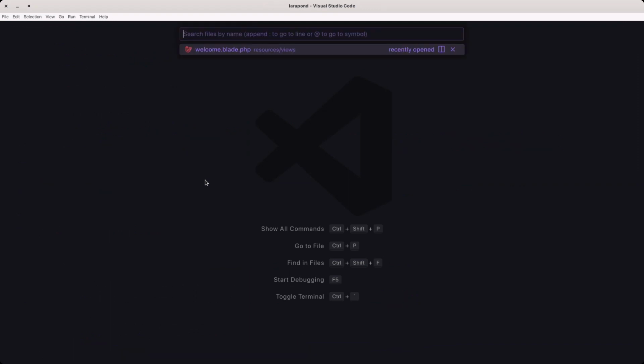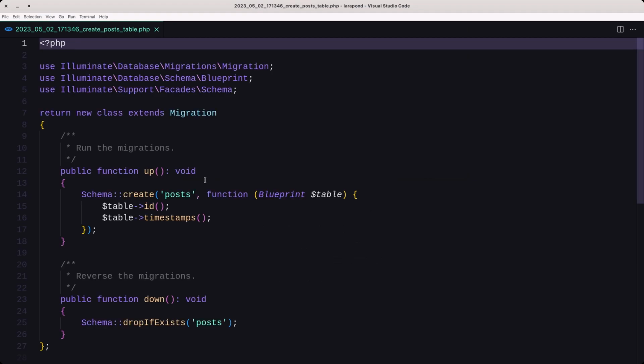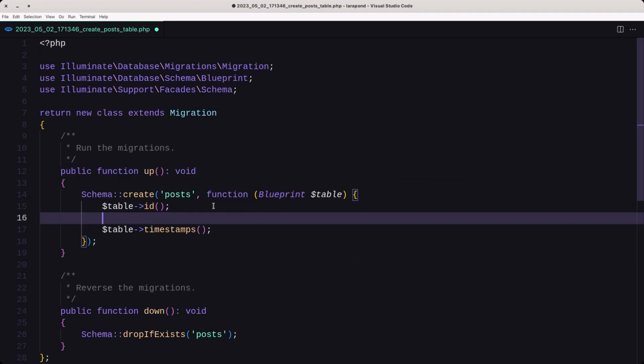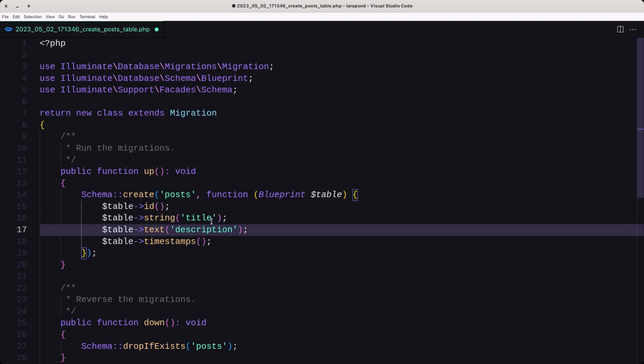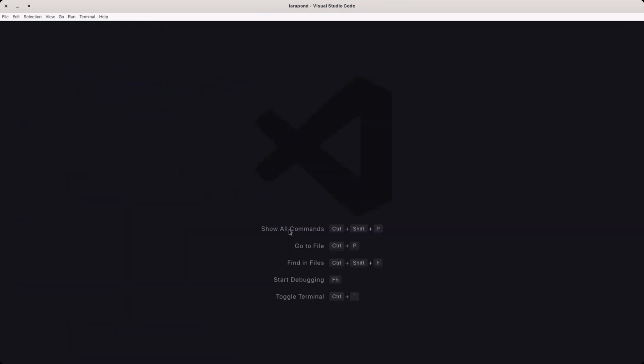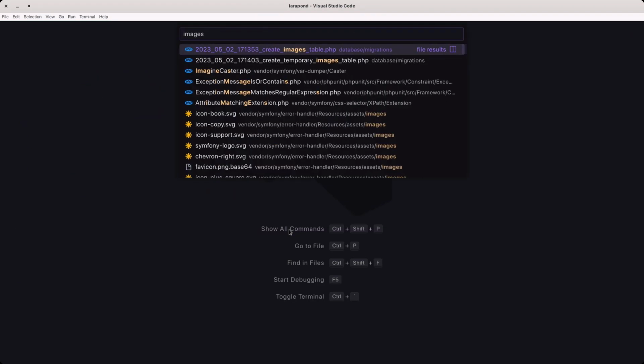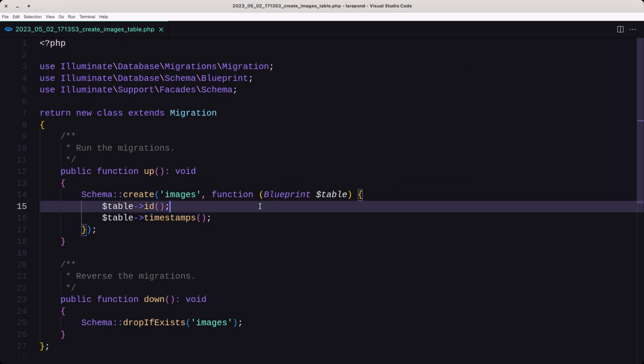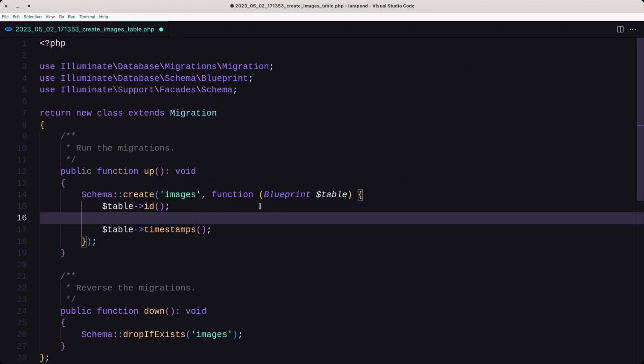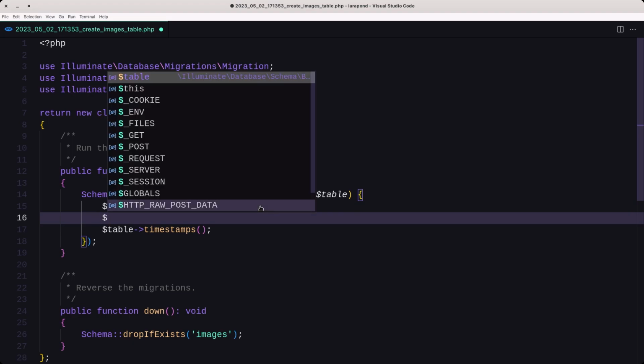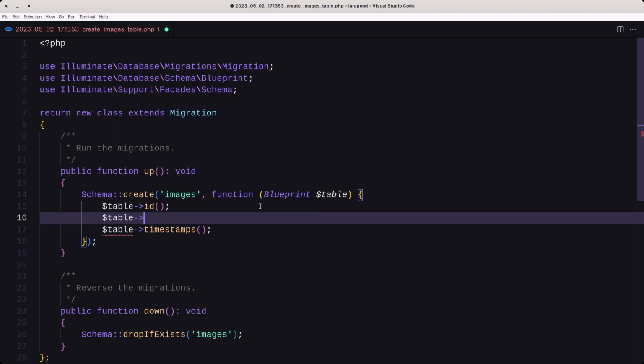Okay, let's close, and now let's open VS Code, and I'm going to close the welcome for now, and let's open the post table first, and here I'm going to add the title and description. So I added the title and the description. Let's save, let's close, and let's open the images. Okay, here now I'm going to add the post ID also, because the images are going to belong to the post. So let's say $table->foreignId post_id, and also I'm going to add the constraint